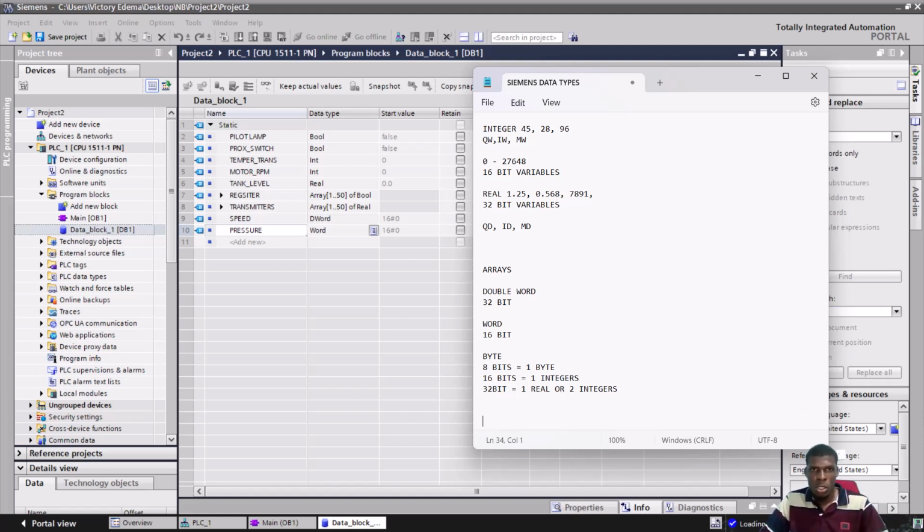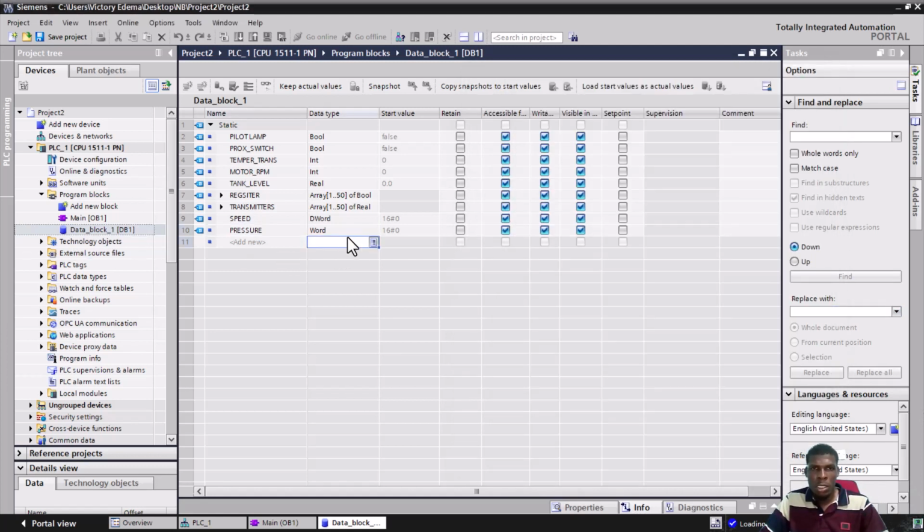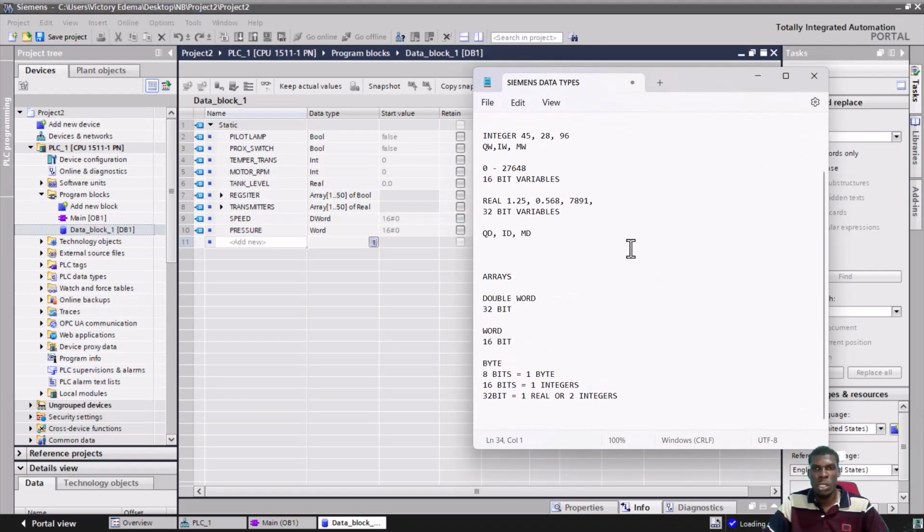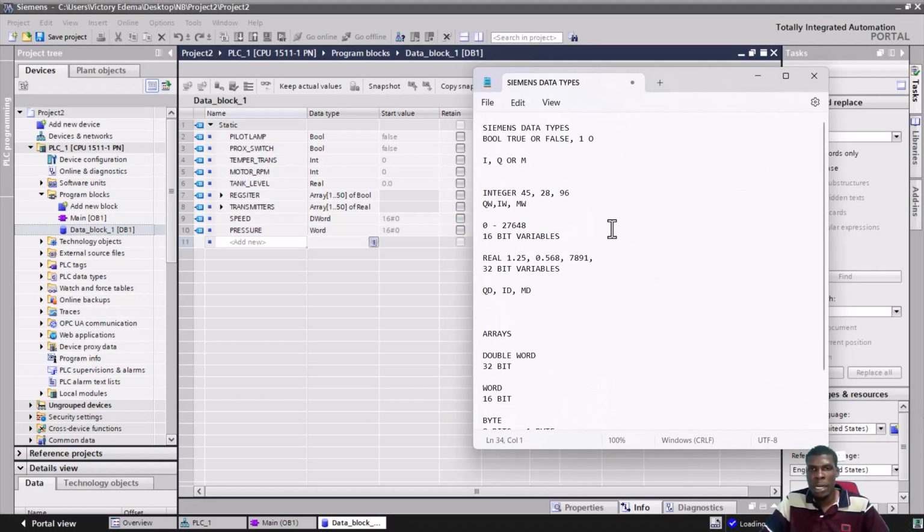So some other data types here are CHAR. CHAR is for characters, like your alphabetical characters. Another one is string. String is also characters, but limited to 254. We have structure. We have time of day, UDINT, UINT. So there are so many other data types, but the ones that you're going to use almost every time you want to program as automation engineers are integers, reals, bytes, bools, double word,